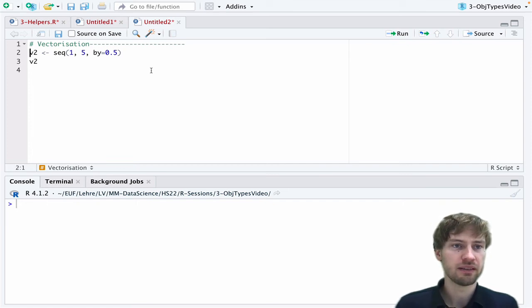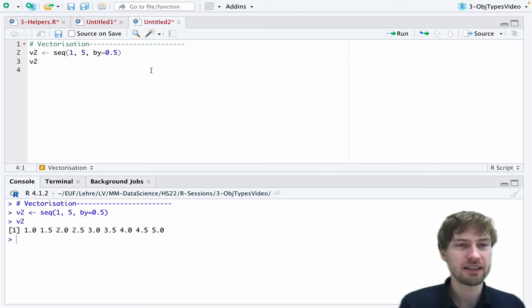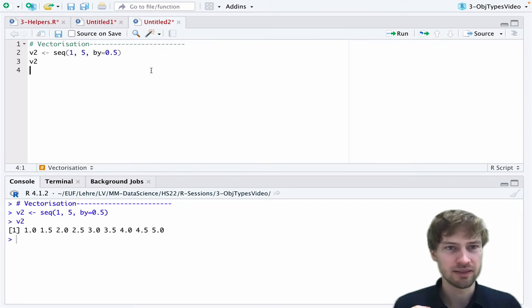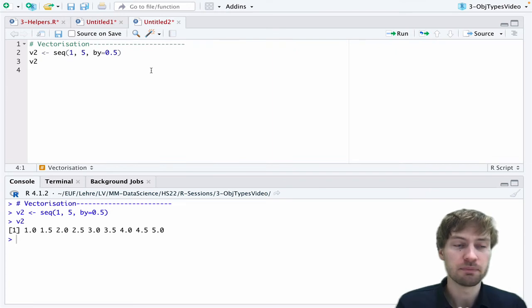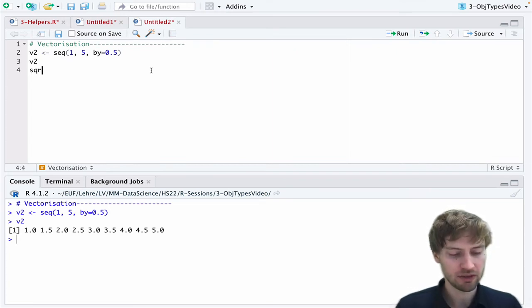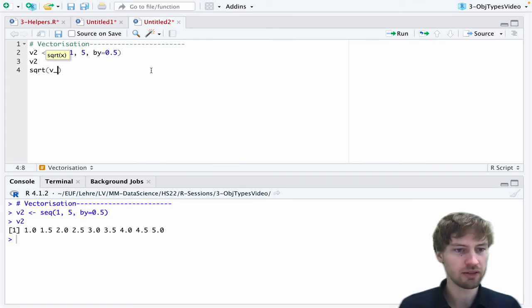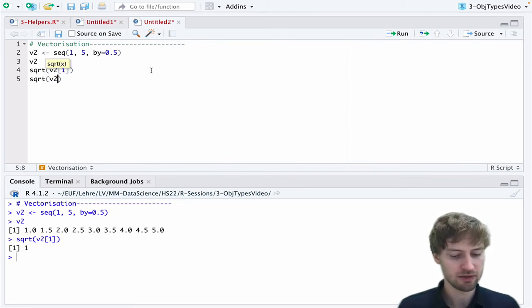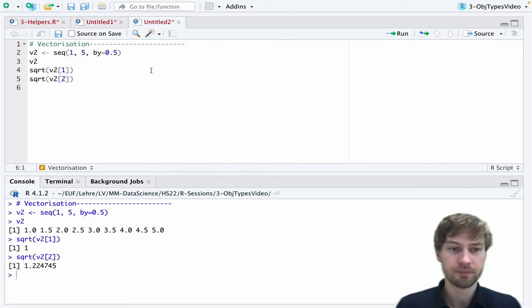Now, to illustrate this, think about this vector v2 here. It contains the numbers from 1 to 5 in steps of 0.5. And now imagine you actually want to compute the square root for each of these elements. Now you could do this in principle by calling the function sqrt on each of the elements of the vector. So you could call it on v2, the first element, you get, okay, the square root of 1 is 1. You could apply it to the second element of v2, get the square root